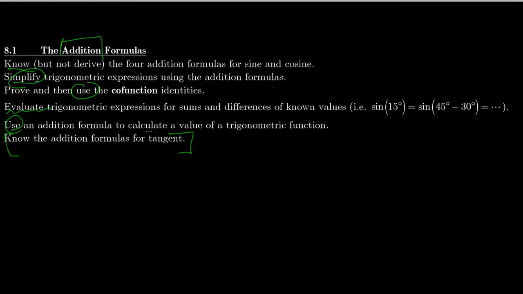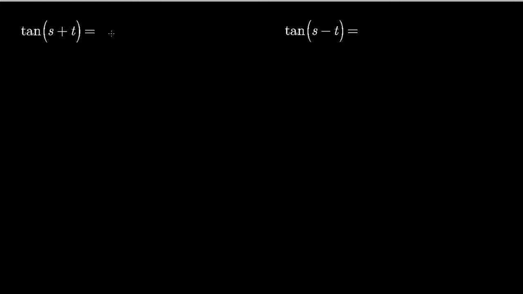The second day of 8.1 will be spent just looking at the tangent addition formulas. Instead of just giving you the formulas, I think we could probably figure one out by ourselves. Sine divided by cosine is tangent, so the tangent of s plus t is the same thing as sine of s plus t over cosine of s plus t. Well, we already know formulas for sine addition and cosine addition, so if we use those to expand the top and the bottom, we get